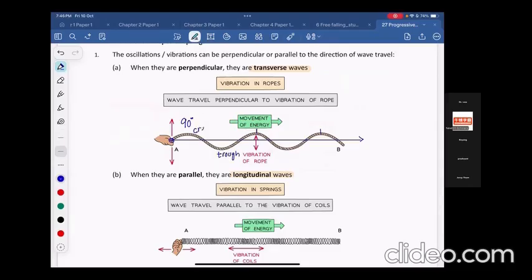Trough. This is crest. Okay, crest to crest, you can label in your worksheet also. Crest to crest here is called wavelength, or trough to trough is called wavelength. So for transverse wave, actually can be sound wave, not sound wave, sorry, it's water wave,